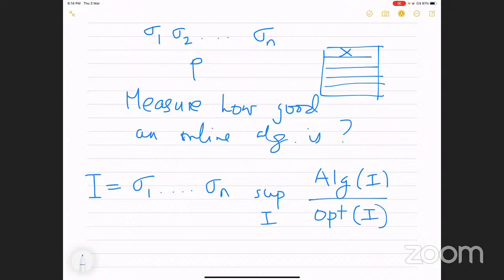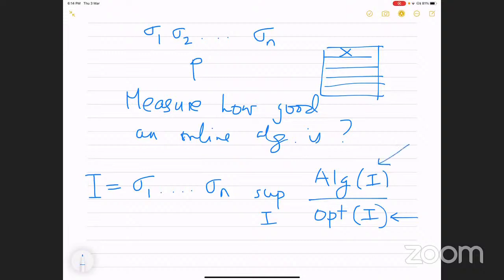In some sense you look at the worst case input, where you measure how bad this online algorithm performs, or what is the cost of this algorithm on that input, and take the ratio with respect to something which knows the entire input. This opt I need not be a polynomial time algorithm. Given this input, it's the optimal solution. We may not be able to even compute this efficiently, but that's what it is.